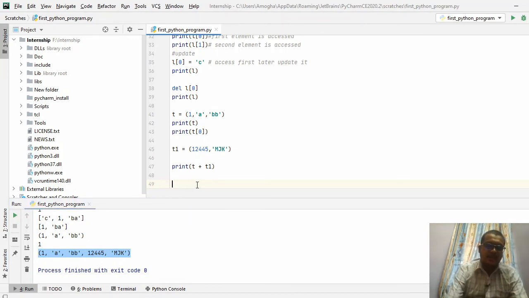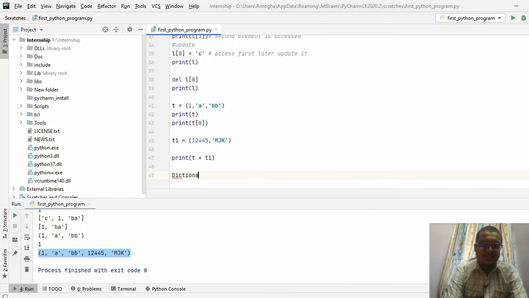The last data type is the dictionary data type. The dictionary is another data type used in Python to hold a sequence of arrays. Whatever you declare comes into the picture as arrays.